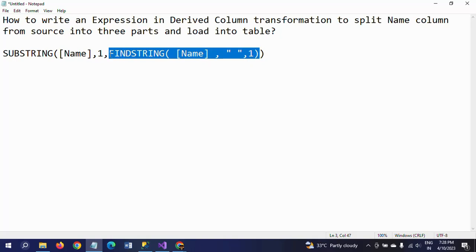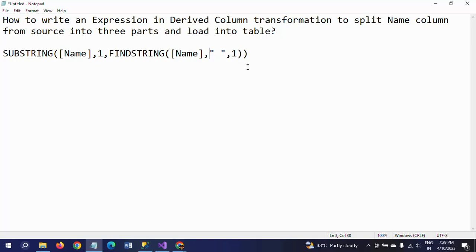Instead of that, I am taking the FindString function, and I gave the parameter details for FindString as the name,